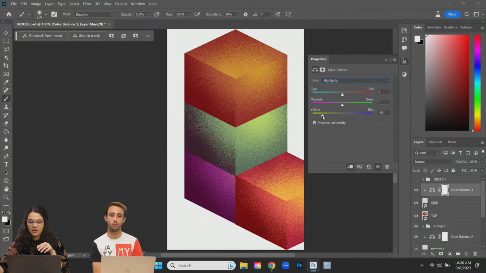So what I'm gonna do is let's see if we preserve luminosity. When preserve luminosity is off, it does look like a mauve kind of vibe, which is kind of cool, honestly, but I don't want it to be so close to that purple and red that it's not